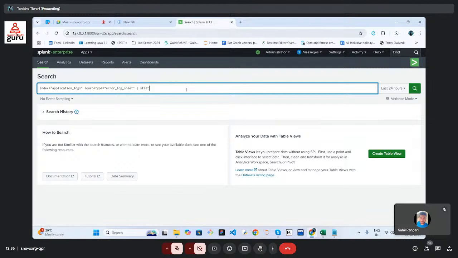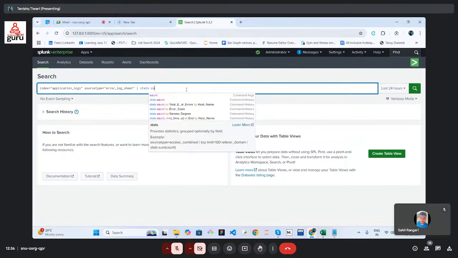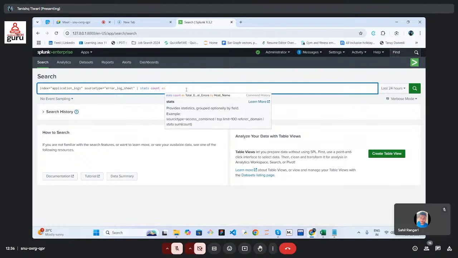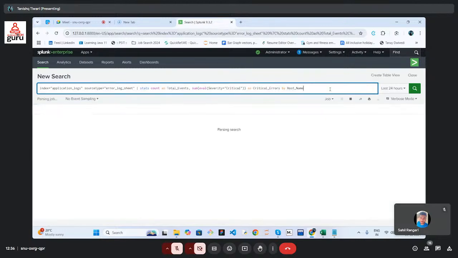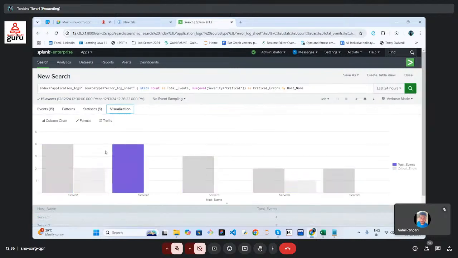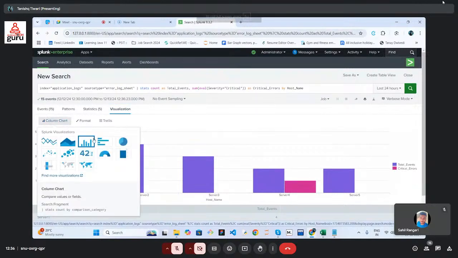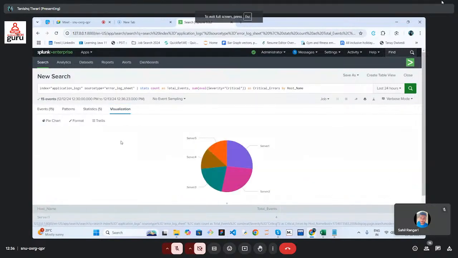Stats count as events. So here you can see the data as well. If we want to add some visualization on our dashboard, this is the column chart for each host name, and if we want another visualization, we can simply click on pie chart. You can see the pie chart and total events